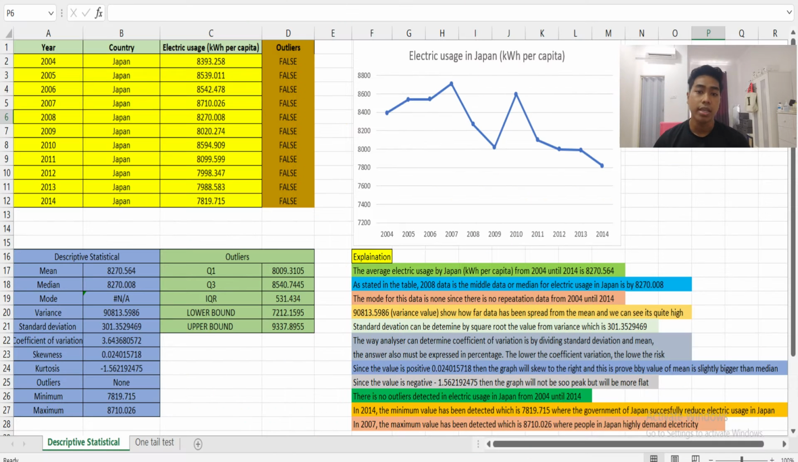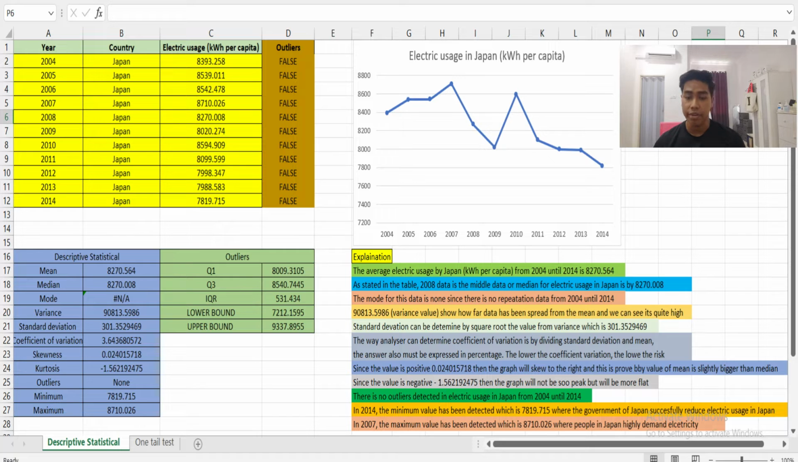Now, I will go to descriptive statistic measures first. In this test, based on the data chosen, we need to identify or calculate 11 measures, which are mean, median, mode, variance, standard deviation, coefficient of variation, skewness, kurtosis, outliers, minimum and also maximum. For the first measure, the mean, or also known as the average of the data, can be calculated using the formula in Excel, and the mean for this data set is